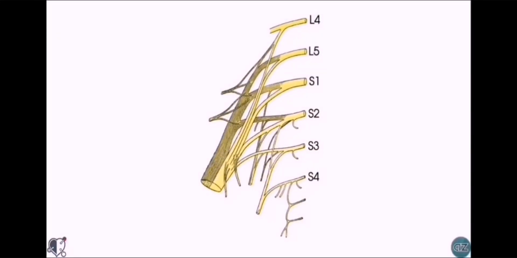Now I have switched over to a schematic of the sacral plexus, which we will use in conjunction with a 3D model. The anterior rami of the S1 to S4 spinal roots and the lumbosacral trunk have both dorsal and ventral divisions, which come together to form the major peripheral nerves. In the schematic, the dorsal divisions are indicated by the darker